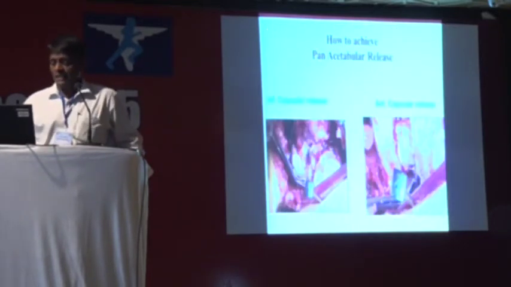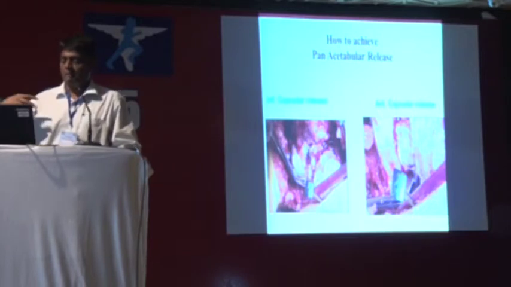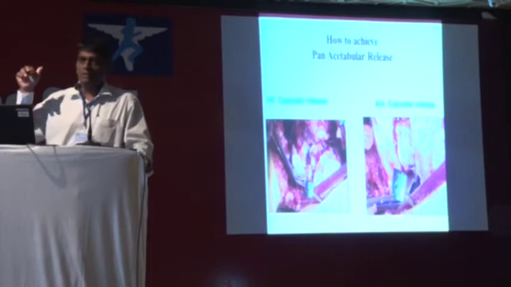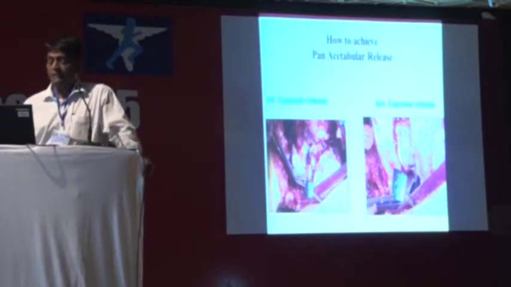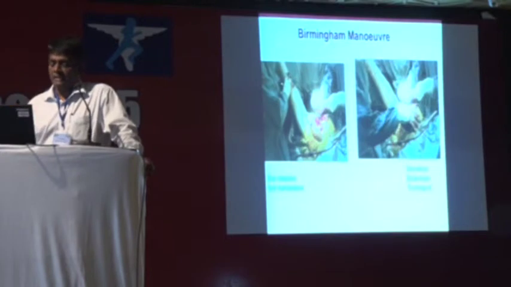So how do we achieve this? We do an inferior capsular release. I'll show you the video. That's the first step. Once you do an inferior capsular release, you can bring the anterior capsule under vision. A lot of people are scared of releasing the anterior capsule because they're worried about the femoral nerve and artery. But if you release the anterior capsule under vision, it's a very safe thing to do. The second thing you must learn is how to take the proximal femur away from your acetabulum. I'll show you the steps where you externally rotate the leg and do an anterior translation. Then the second part is elevation, extension, and tucking the proximal femur under the abductors.